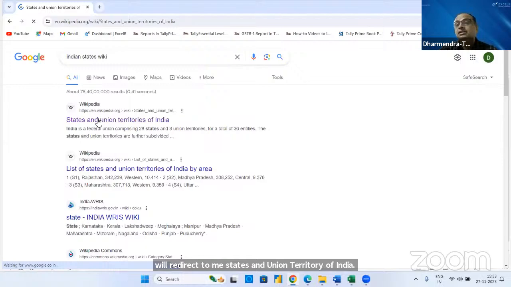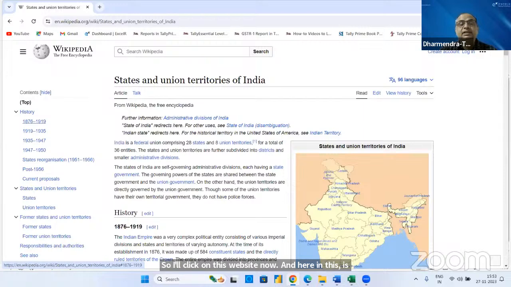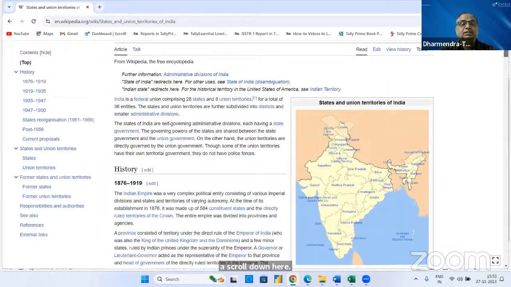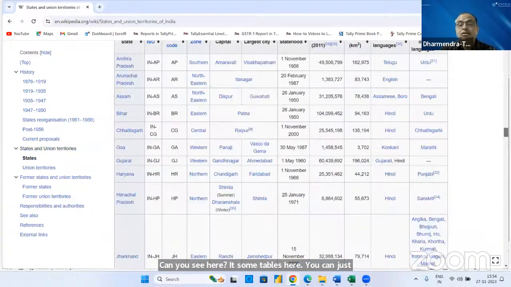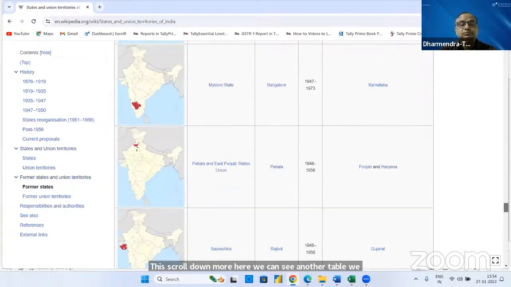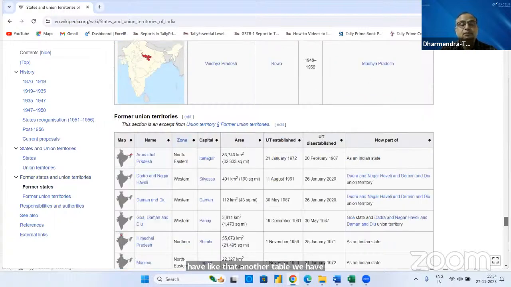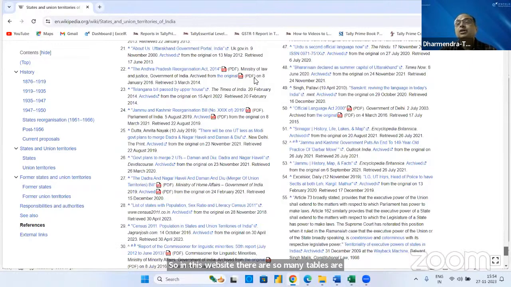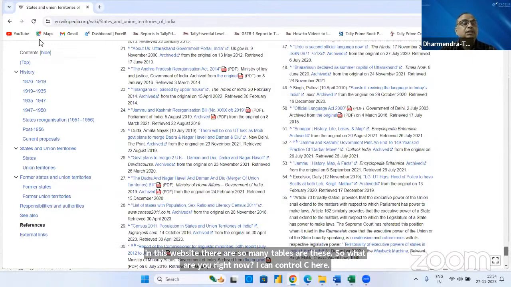And here in this website, if you scroll down, can you see? You get some tables here. This is one table we are getting. If you scroll down more, we can see another table, and another table. So in this website, there are so many tables. What I do right now is press Control C to copy, close this, and come into Excel right now,